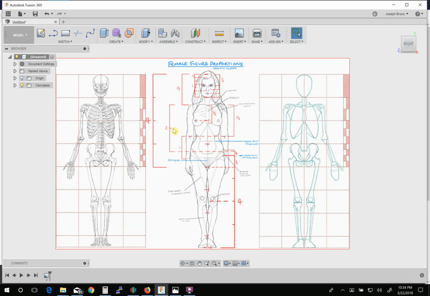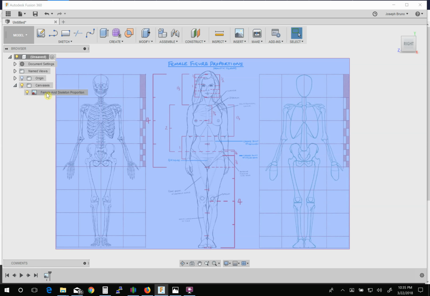Okay, so going back to my original point, let's say you've already sculpted a head or any other body part, and you know the size of your head, obviously, because you sculpted it. And let's say you want to figure out, based on that head size, how long the arm should be, or how long the legs should be, or how wide the hips should be. So what you can do is go into the canvas menu here on the left hand side, right click on the photo you inserted, and select Calibrate. What this allows you to do is to specify a size